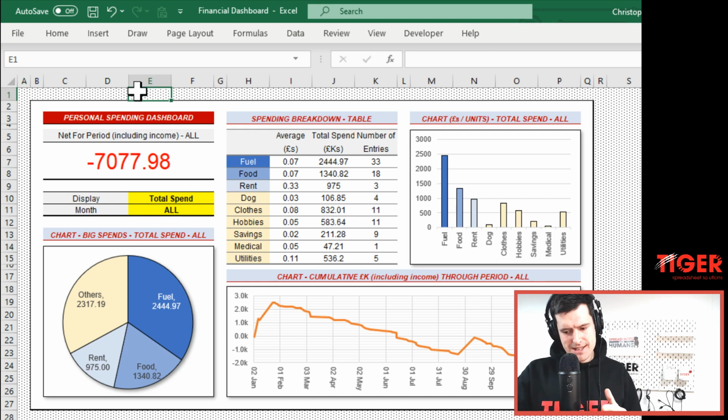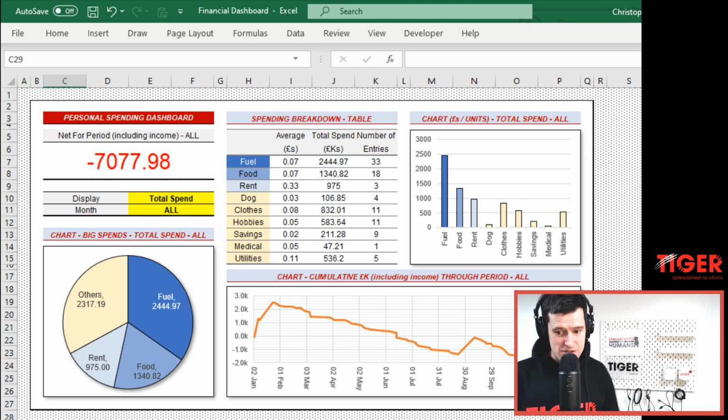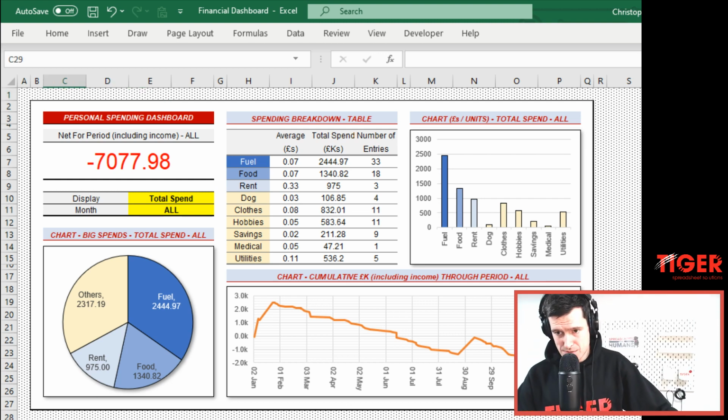And even if you can't put this together, download it, click through it. That's how I learned so much of my Excel, downloading files, clicking through files. How does this formula work? How does this code work? You might not be too far away from a point where everything fits together, the penny drops, and you're able to put together something like this. So this financial dashboard could be applied to a small business and is another super powerful application of Excel. But if you can't do this one,